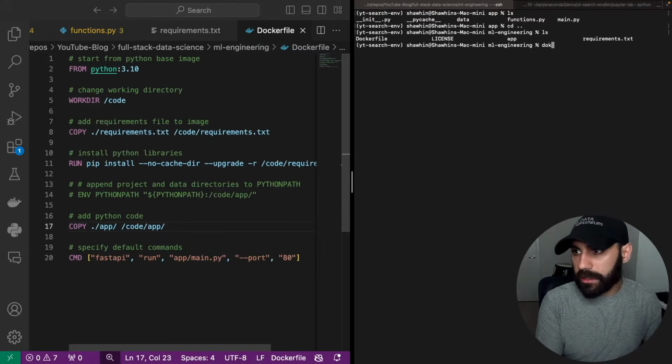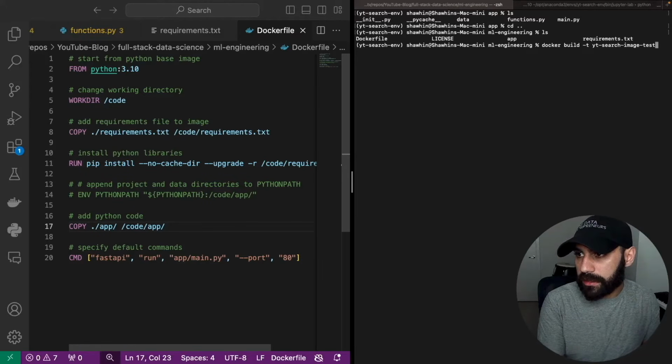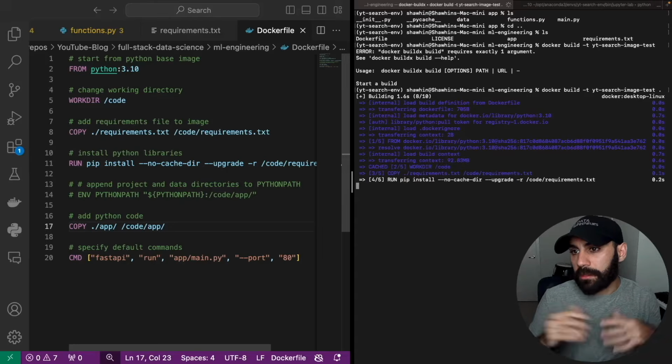To build the Docker image, we run docker build. We specify the tag, so we'll give it a name. I'll call it YT search image test. And then, oh, I forgot this. We've got to specify where the Dockerfile is. It's going to be in the current directory. So we do that, and now it's building the